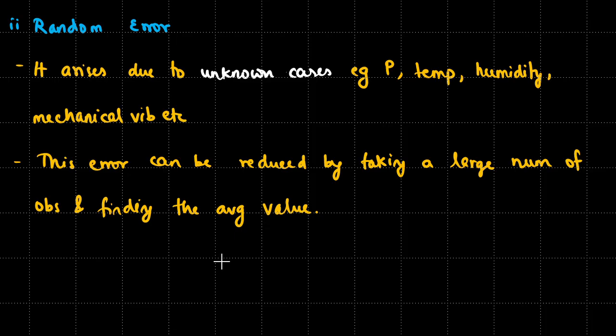Then looking at the individual data, you will find that it's not the same. It varies due to unknown causes, like somebody talking or sneezing and stuff like that. But if you take the average, you will get a pretty good approximation. And the more observations you take, the better the average value gets, and it matches the true value. So random error is, I think you understood it,